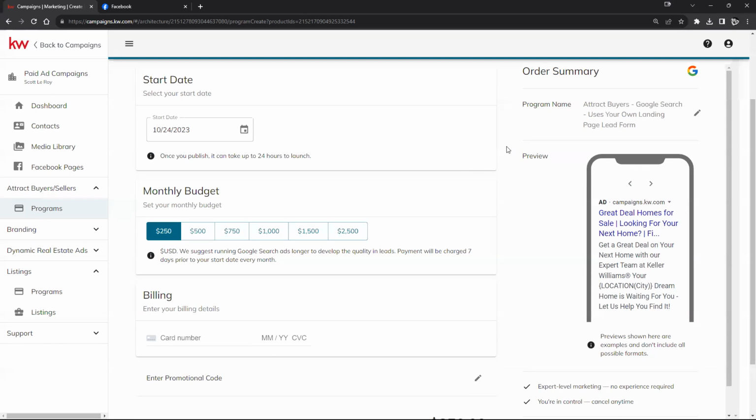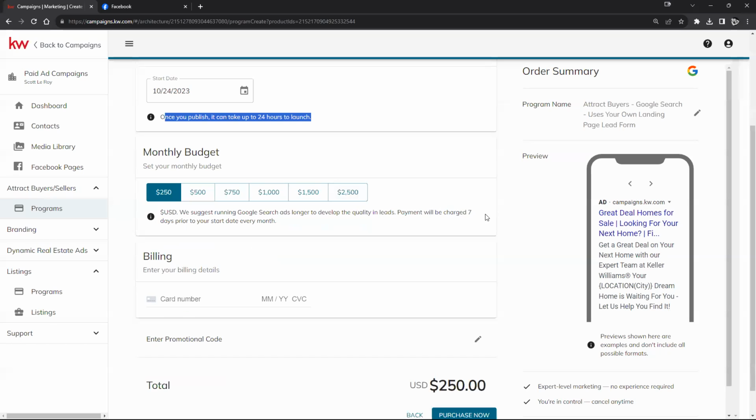And then next right here, monthly budget is going to be a little bit more intense over here. So again, thinking Google search. So you have your start date right here. Again, please keep in mind that it does take that 24, 48 hours. And then right down below here, you'll see this monthly budget right here. So it goes from $250 all the way up to